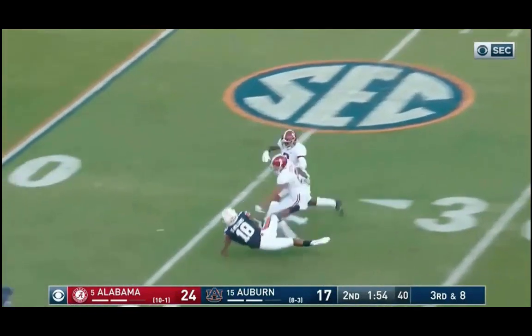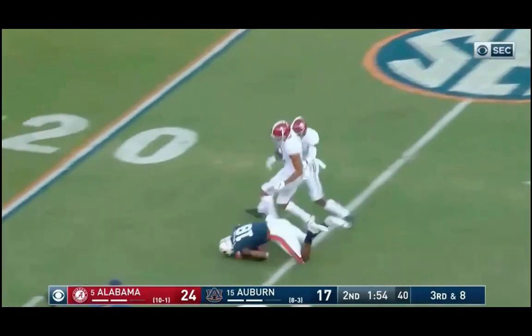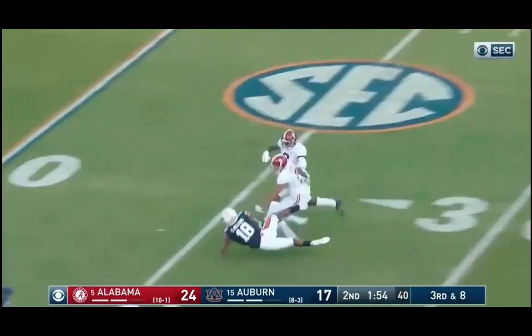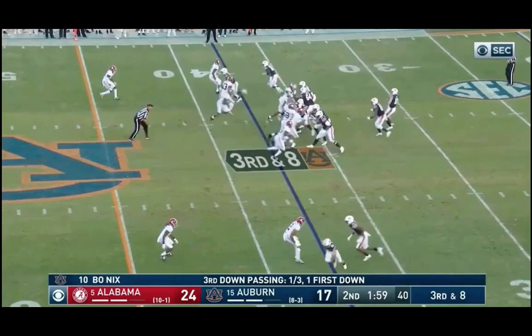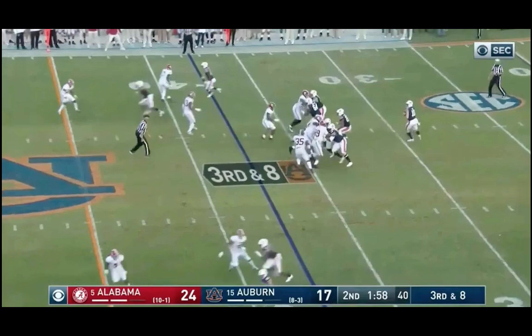So this is an area at the next level where I think he's going to need to find his skill and keep developing and improving. So again, just to recap it, why could we not be as successful here as we were on previous plays? 2 reasons. The sideline is a piece of information that I think Surtain really utilizes to gauge and